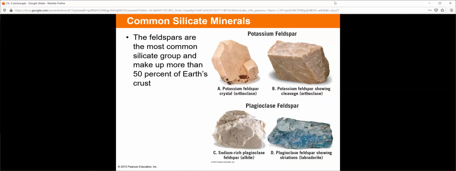So let's talk a couple common silicate minerals. Feldspars. Feldspars are the most common. You can see these all over the place, all over the time, everywhere. You look at this, what do you say? Well, that looks like a dirty rock, right? So it probably has an earthy luster to it, and you would be correct. Technically, they're not that interesting, not that cool because they're so common, but they allow the world to be built in the way it's built. Labradorite's probably a bit more interesting because it's got that nice, cool blue color to it. But these all chemically are very similar.